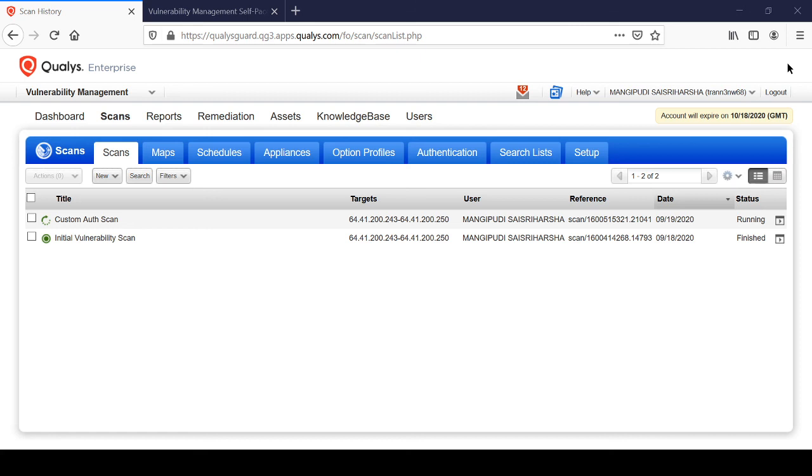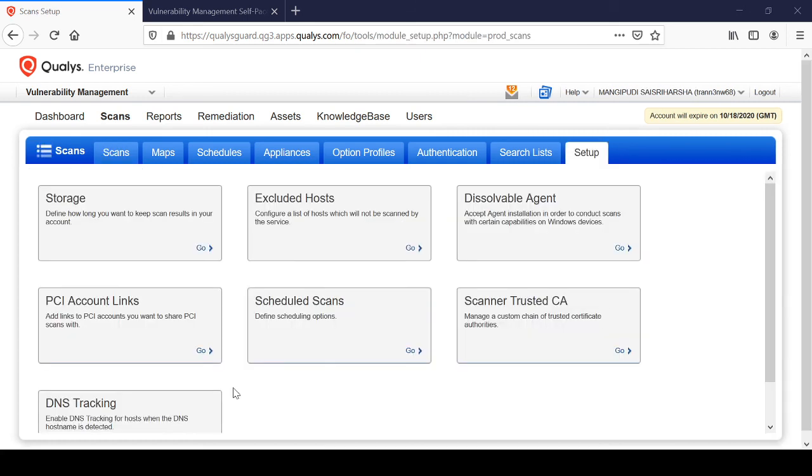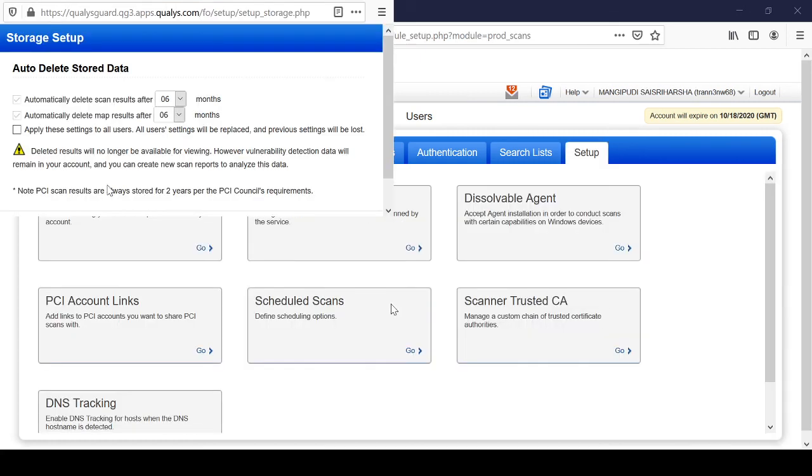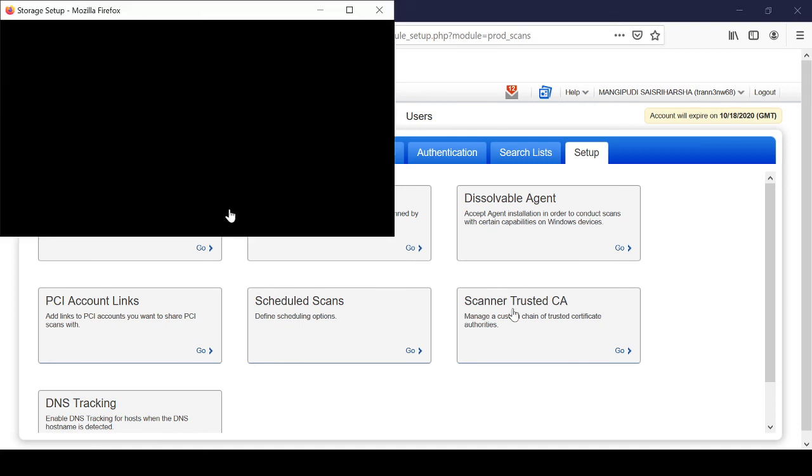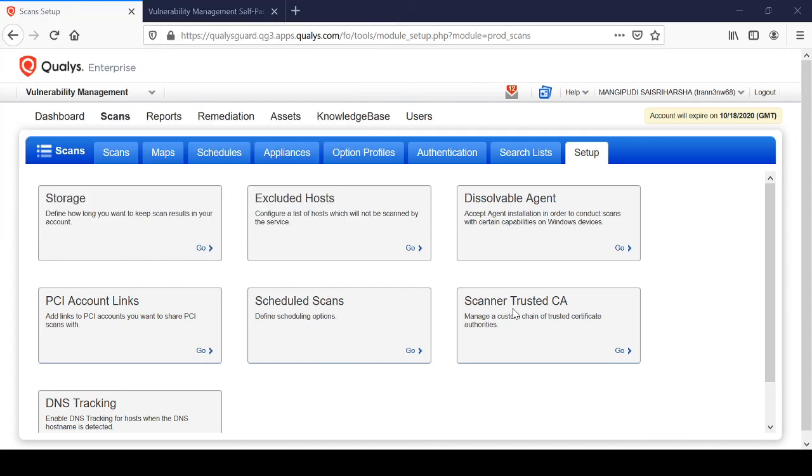Go to the storage option. It will open another window called storage setup. Here you can vary it. Automatically delete scan after 6 months, or you can select another value. You can select it, and you can select apply these settings to all users, and it will be applied. Okay. So this way we can extend